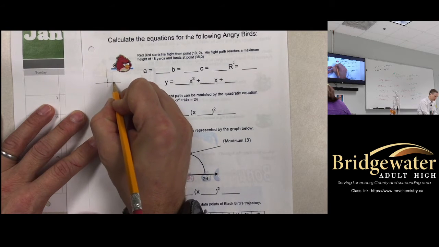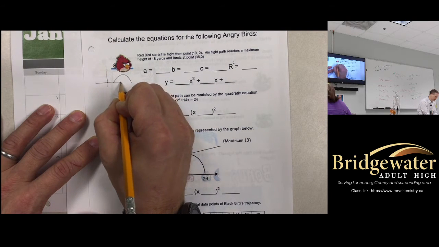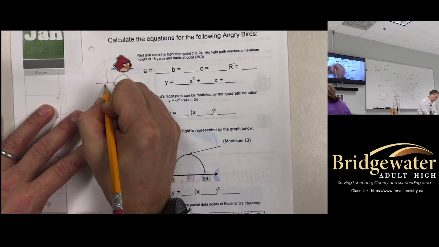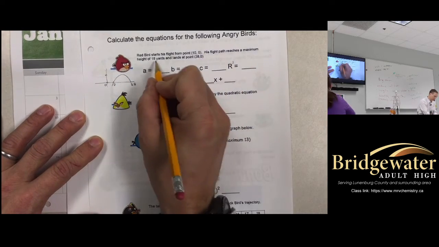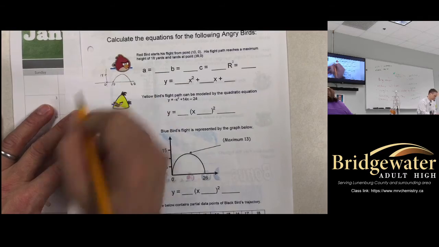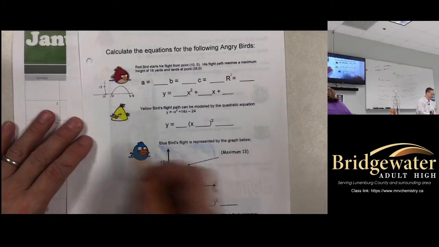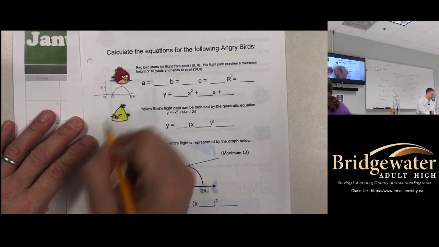10, 0. He reached the maximum point of 18, way up there, 18. And then he comes back down and hits at 38. So there's 38, there's 10, there's 0, and the maximum height here, he said, was 18. Okay, so the most important point on any quadratic equation, there's my little sketch. It's not very good, but